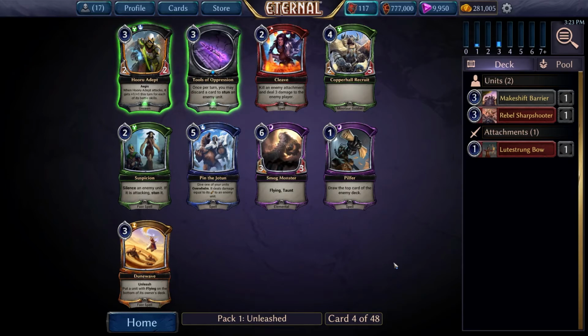But Hero Adept, Tools of Oppression, Cleave, Pilfer, Smog Monster, Pin the Jotun. There's nothing here. Like, what Dune Wave is, I don't know. Tools of Oppression, I like it, but getting it late, if you have the 1/4 flyer that turns into the 4/4 that makes a 1/1 flyer when you attack with it, you can just turn it instantly if you have a big relic or something in your hand that you could just chuck, and it's for free. Mhm. So I kind of like throwing it in the deck if I have two or